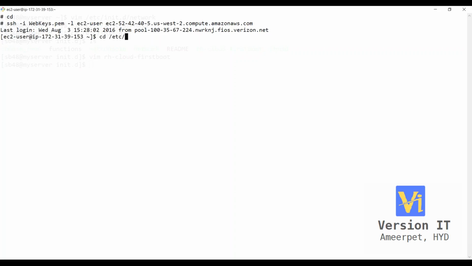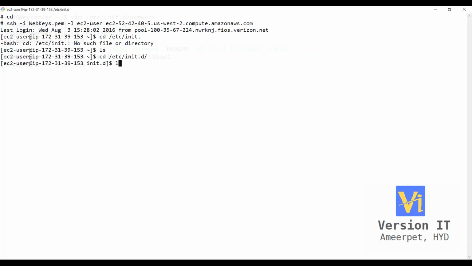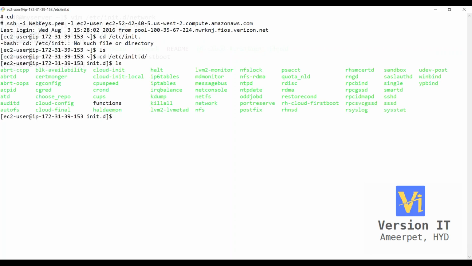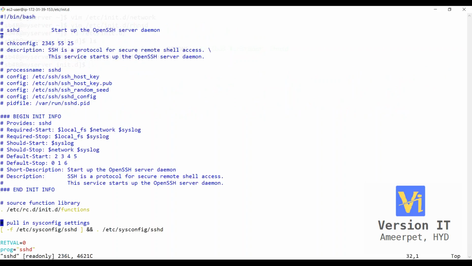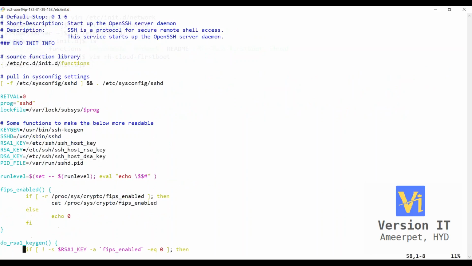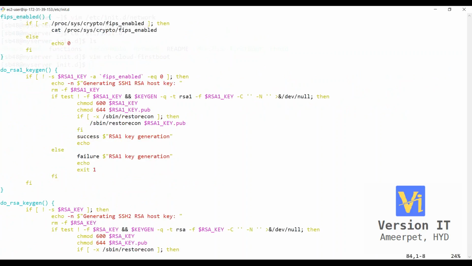So cd /etc/init.d. Yes, this is a Red Hat 6 machine. You'll find a lot of init scripts. At least I know some script, something like sshd. Yeah, you can see here